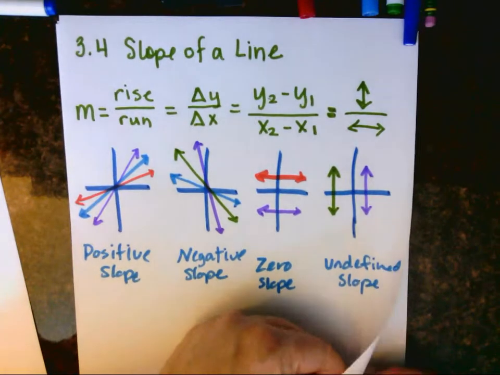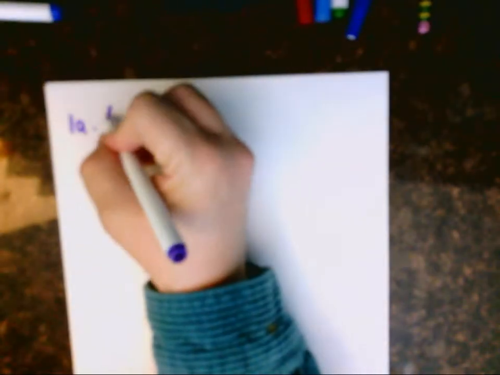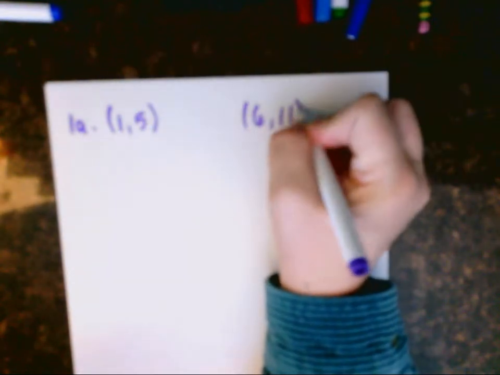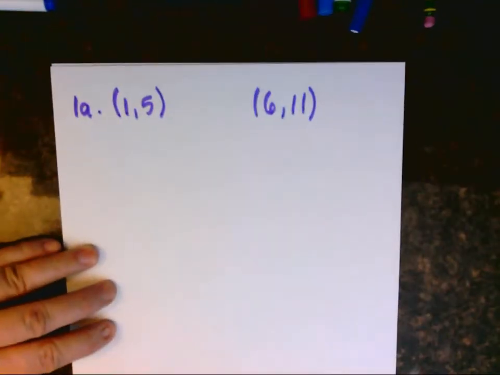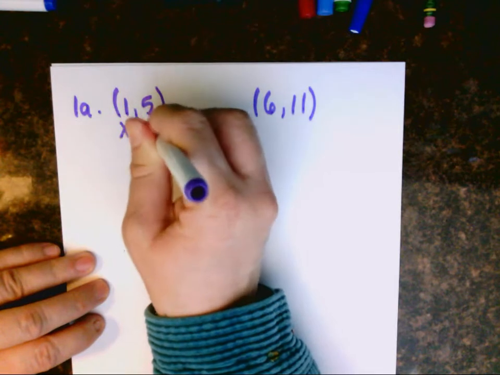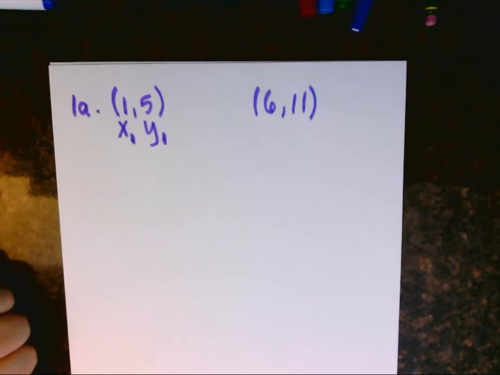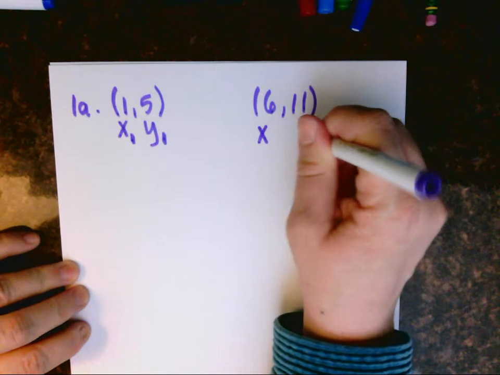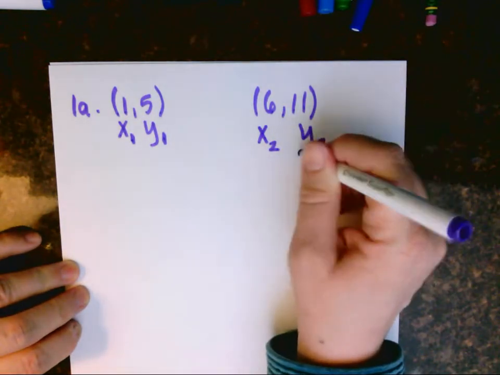Okay, let's begin with the first example. Example 1A. They're giving us 2 points, (1, 5) and (6, 11). And we are to calculate the slope. So on this particular problem, I will label this first point with the x, y, and I'll put a little subscript 1 because I want it to be clear that it's the first point, and it doesn't matter which one is the first and second. This one that's listed second, I will call x2, y2, that's what